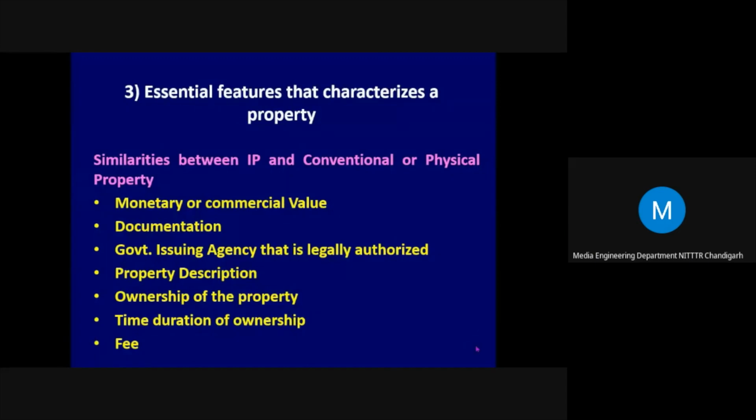That's it. Property description. For example, when we protect the land in our name, it is written what land is on the east, west, north, south, what are the dimensions, everything is there. In the same way, when you file a patent, your protection is over your claims. What claims you put, you wish to get protected under the Indian patent application. Ownership of the property, name of the owner is there.